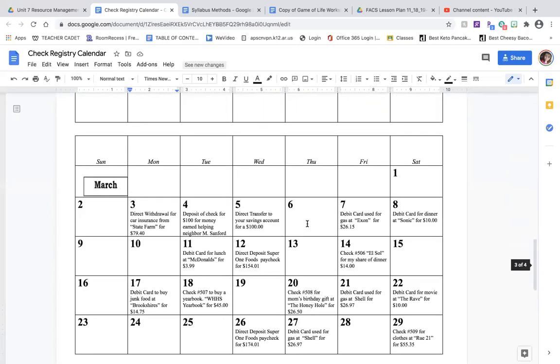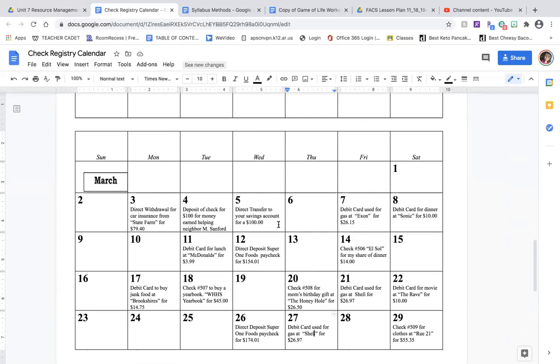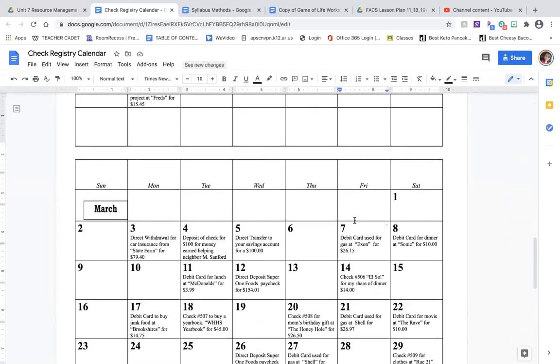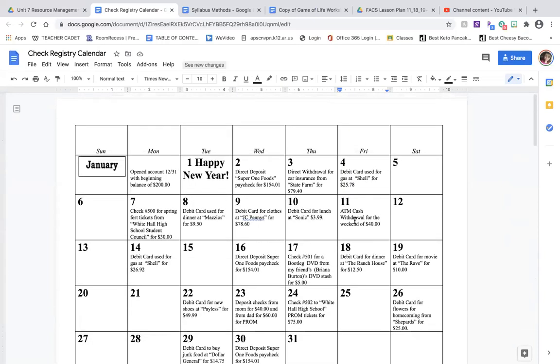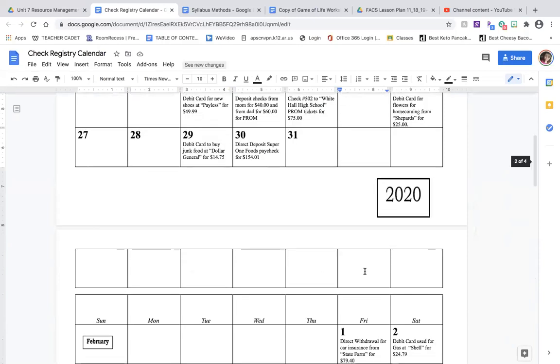And I do it for 3 months and see how much money they spent over 3 months, paying bills, buying food. And I came up with these. I thought that these were typical expenses a high schooler might make, like spring tickets. They went shopping at JCPenney's, eating out, ATM, and they are also getting a direct deposit